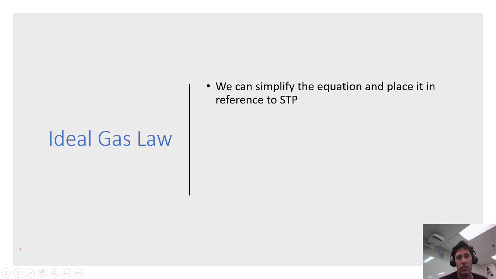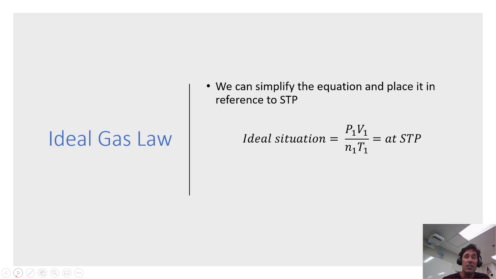And what they did is they literally made it so that they would set one side equal to standard temperature and pressure. So if a gas is at standard temperature and pressure, we're talking a temperature of 273 Kelvin. We're talking a pressure of 101 kilopascals, or 1 atmosphere, or 760 millimeters of mercury. And now, if it's at standard temperature and pressure, that means we have 1 mole of a gas that will occupy a volume of 22.4 liters.